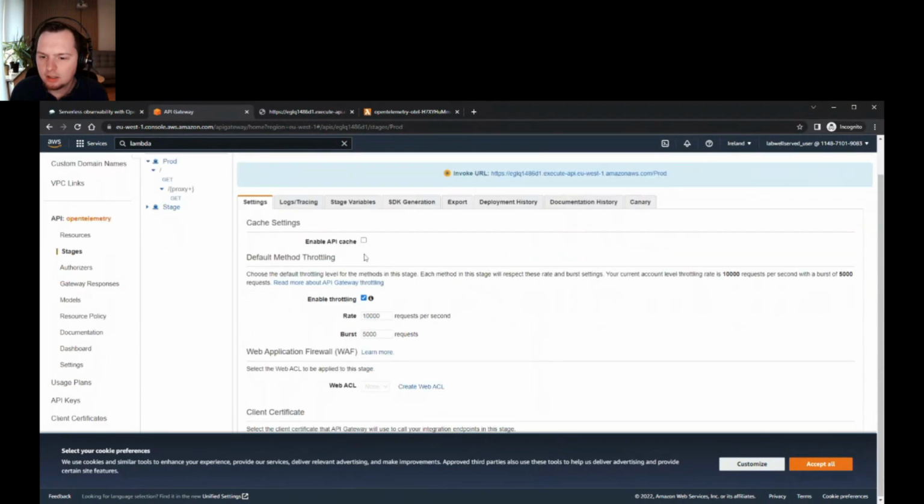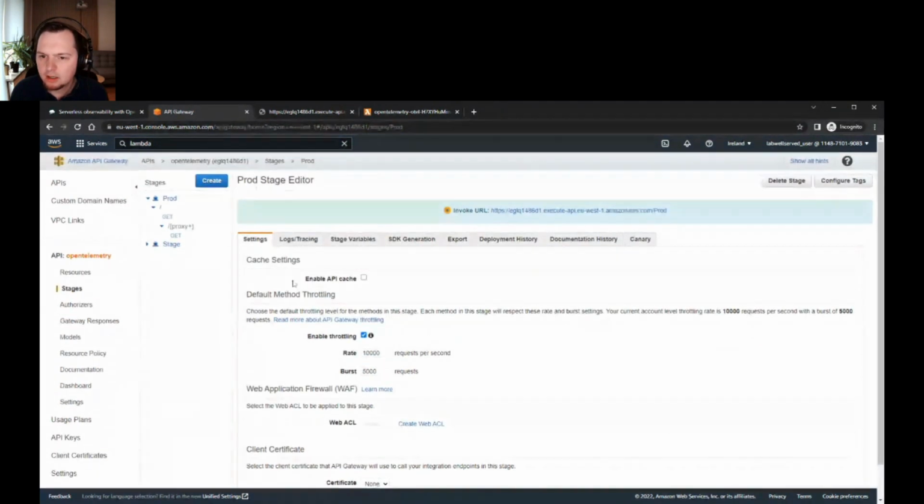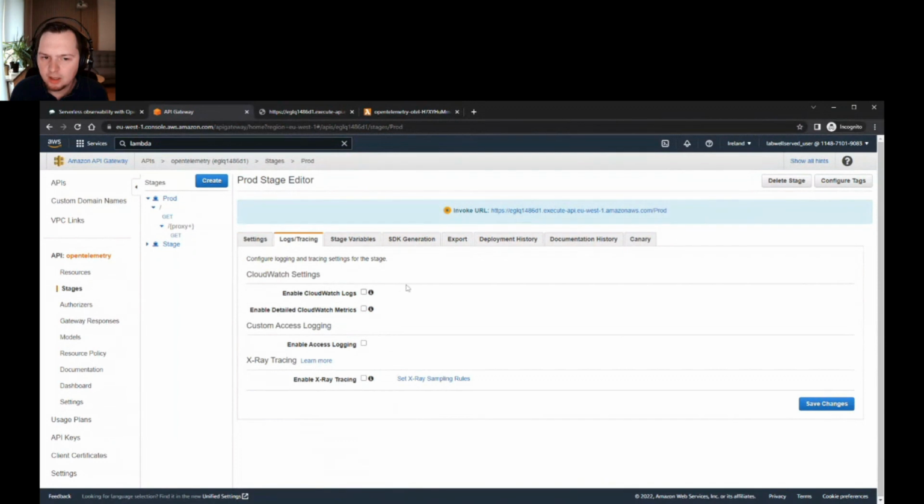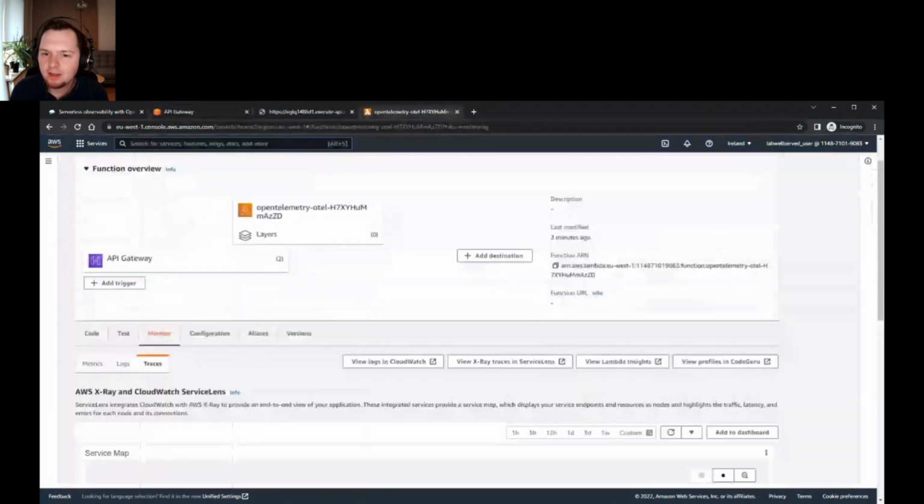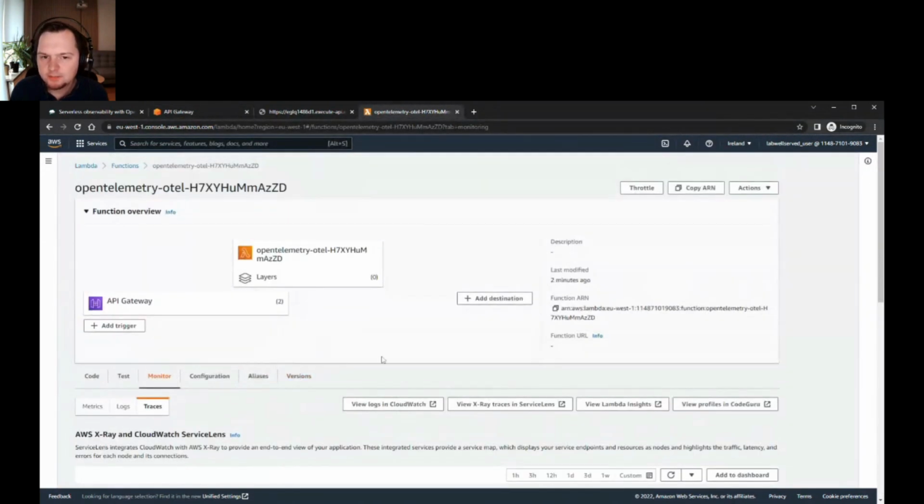And I can enable it. I can enable it for the API gateway first. It's quite easy, because what I need to do is just enable X-ray tracing for API gateway, and I can save the changes. And I will enable X-ray tracing for my Lambda function as well.